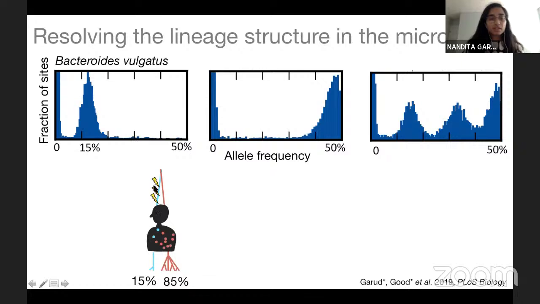And it turns out that this host is colonized by two prominent strains at 15 and 85% frequencies, respectively. And these strains have had a lot of time to diverge before colonizing the host. And so the mutations that show up at 15% are actually mutations that have accumulated long ago on the background of these different lineages. And so this mode actually is representative of the relative abundances of these strains inside of hosts.